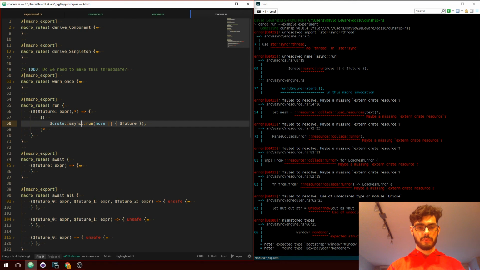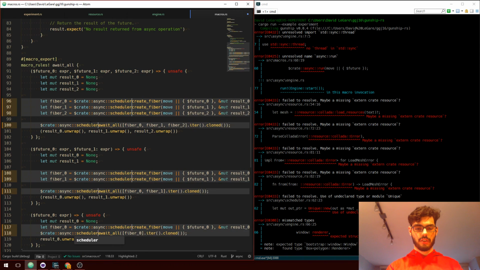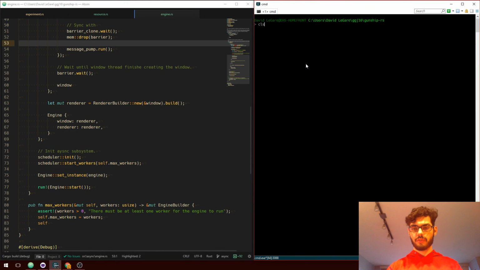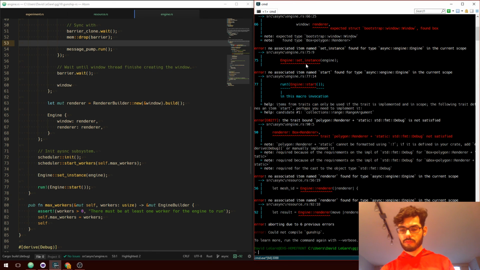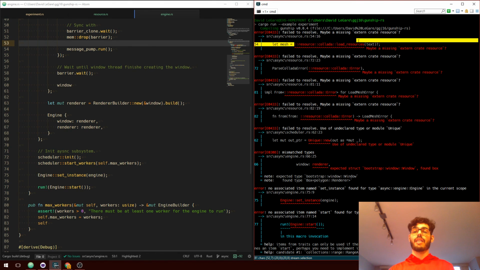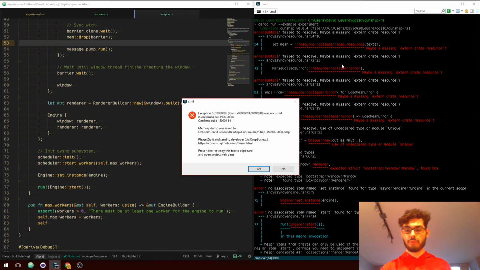What was previously async whatever, there's a bunch of it, is now going to be async scheduler whatever. So that should address that issue. And the next one is resource collada load resources, and that is because that is from the old engine. This stuff with collada loading needs to be moved over. Oh dear.